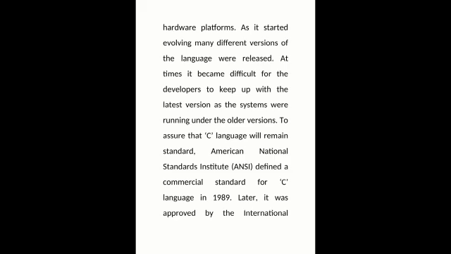As it started evolving, many different versions of the language were released. At times, it became difficult for developers to keep up with the latest version, as the systems were already running under the older versions. To assure that the C language would remain standard, and to include the latest or advanced versions of the C language,